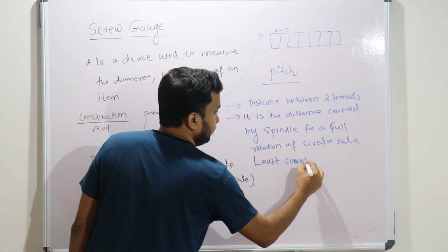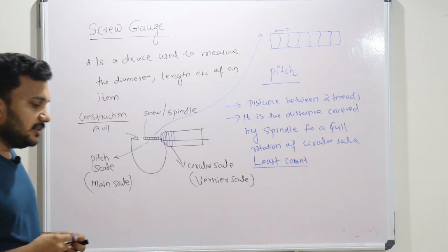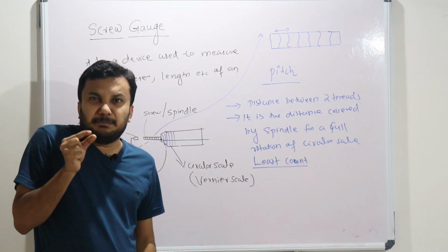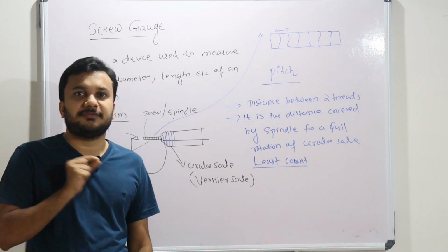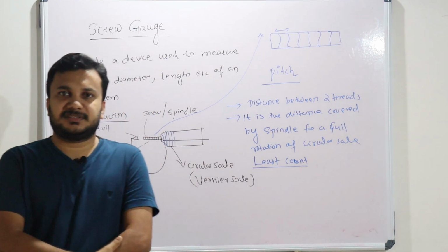Least count. Okay, what is called least count? Least count, as I told in the last class, is the minimum length which can be measured by the device. As I told, if you have a centimeter scale with us, then I can measure